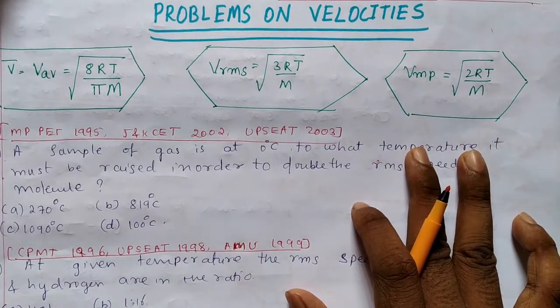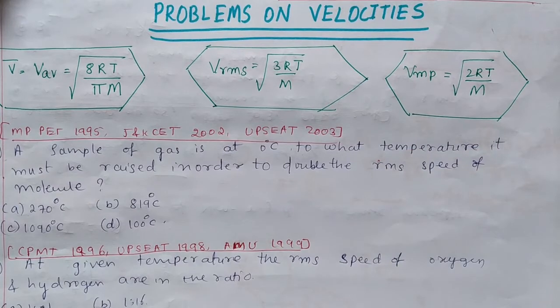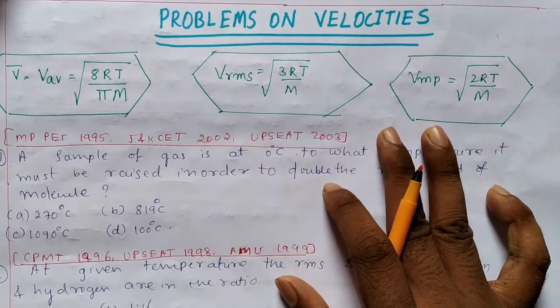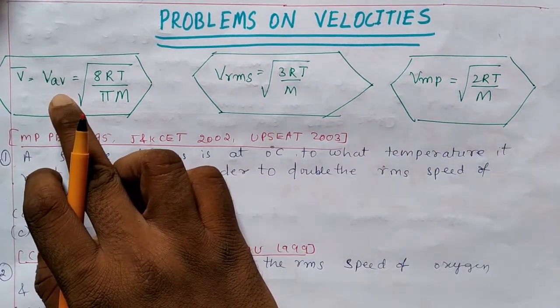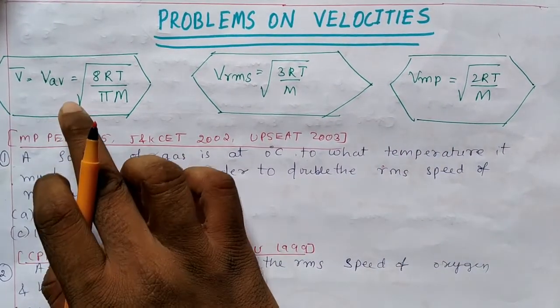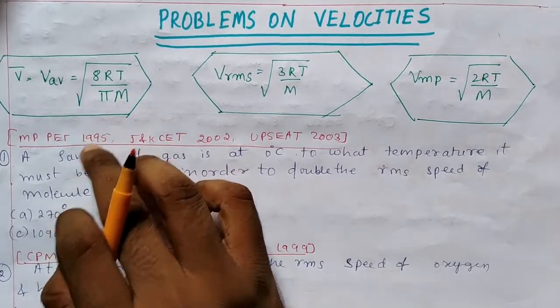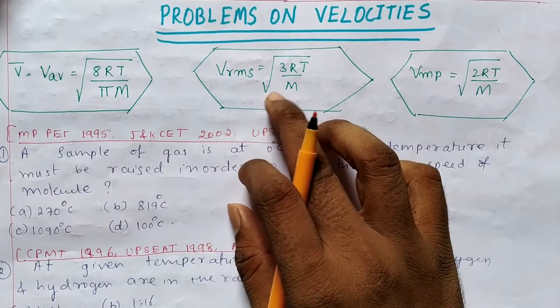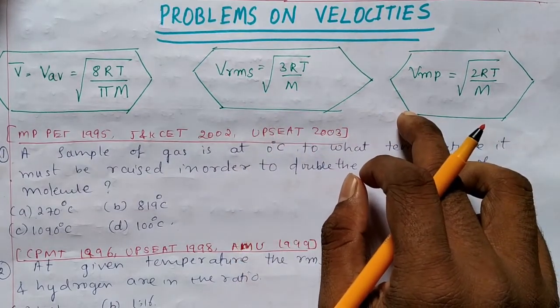We have seen lots of problems on degrees of freedom, kinetic theory and thermal properties of matter. In today's class, we will see some problems on velocities. First of all, we have the average velocity, v bar, which is root of 8RT by pi m. Next we have RMS velocity, that is root of 3RT by m, and most probable velocity, that is root of